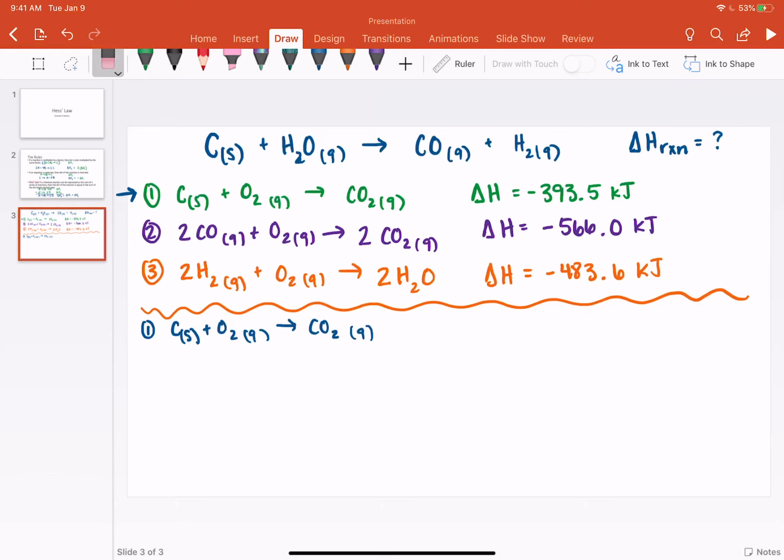So because that remains unchanged, our delta H value also remains unchanged. So our delta H value for that reaction is still negative 393.5 kilojoules. So in our second reaction,